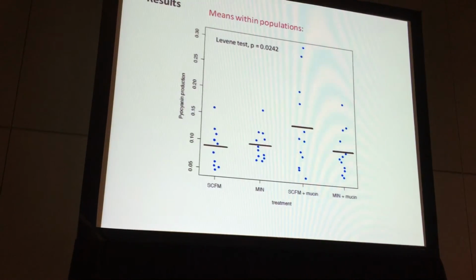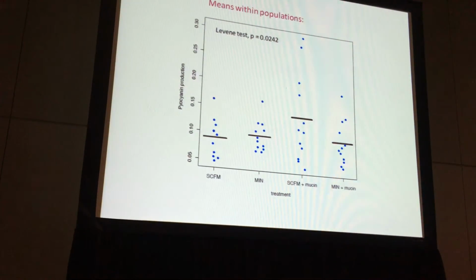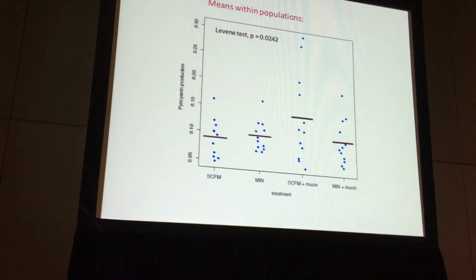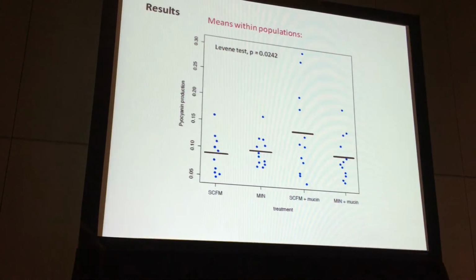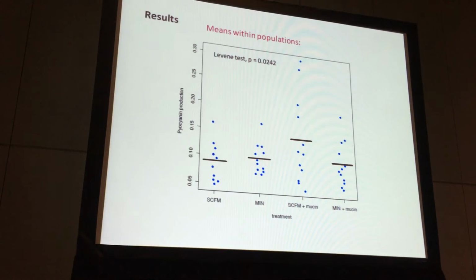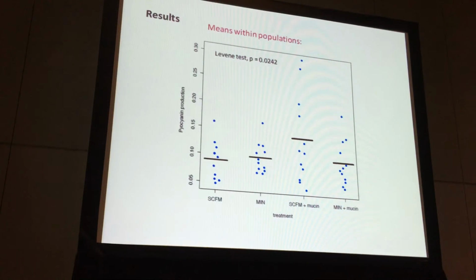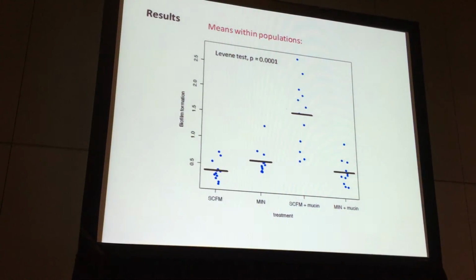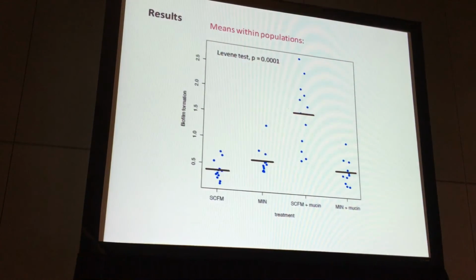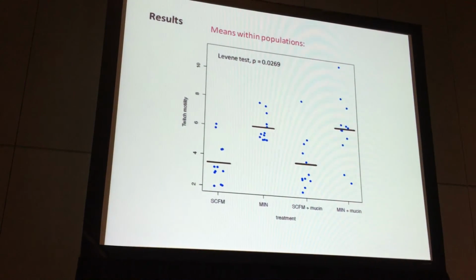Here, the blue dots are the means within those populations. Ignore the black line, which denotes the mean. What I want you to look at here is the variance in those points. We can start to see that the variance of the means is larger in the two treatments with mucin. This is for pyocyanin production. For biofilm formation, again, I saw the same difference in variance, much larger in the mucin treatments,